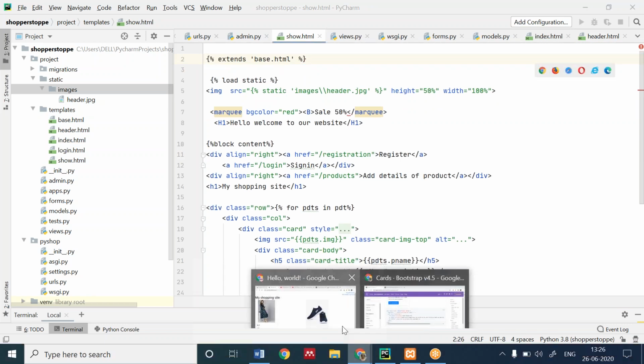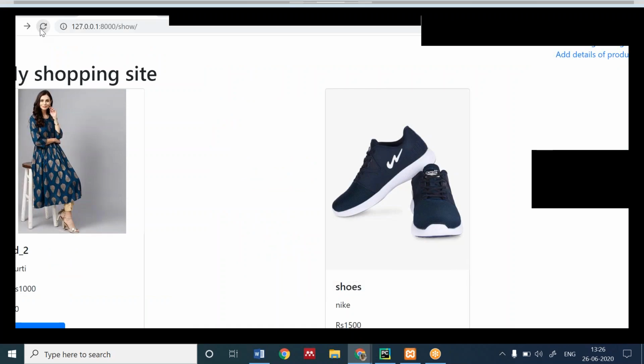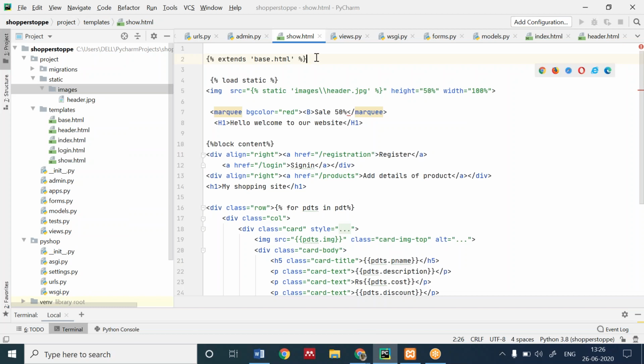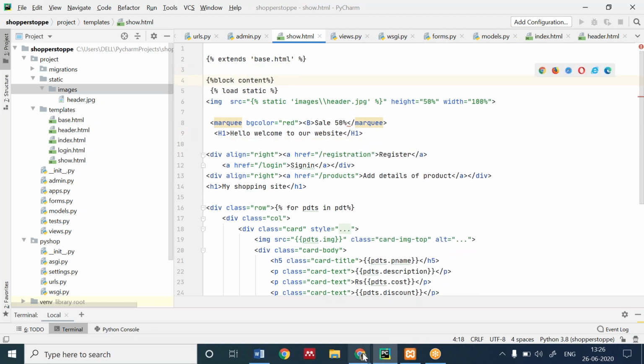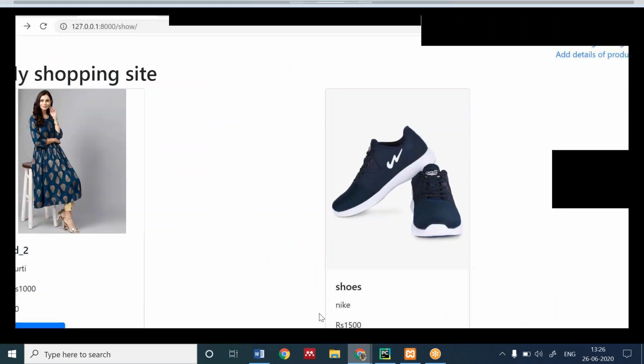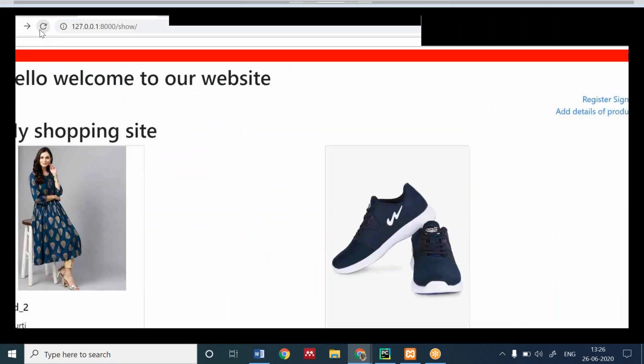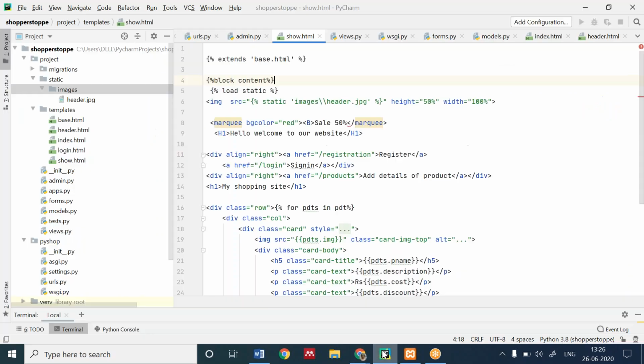One minute. Image is not coming. Wait a second.